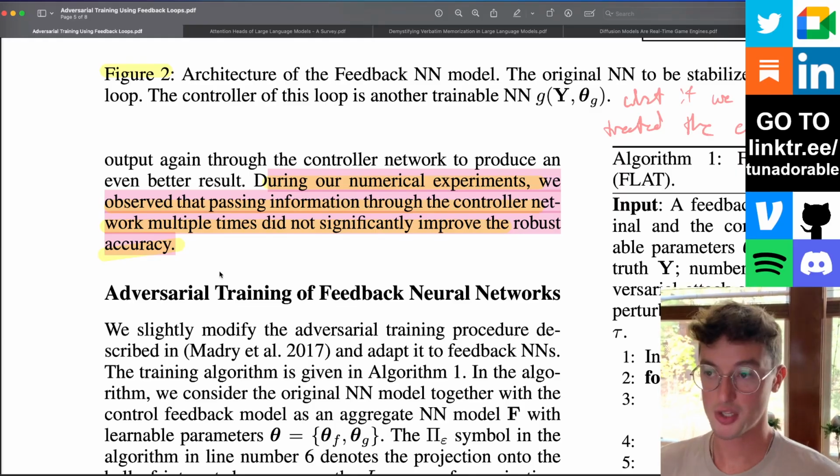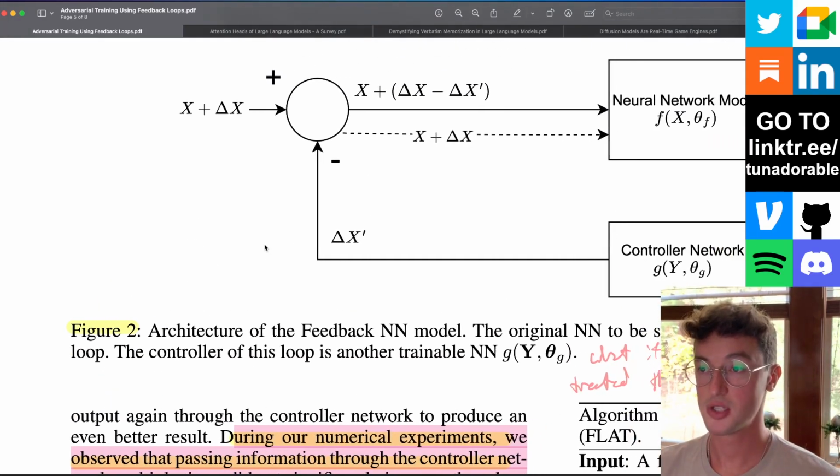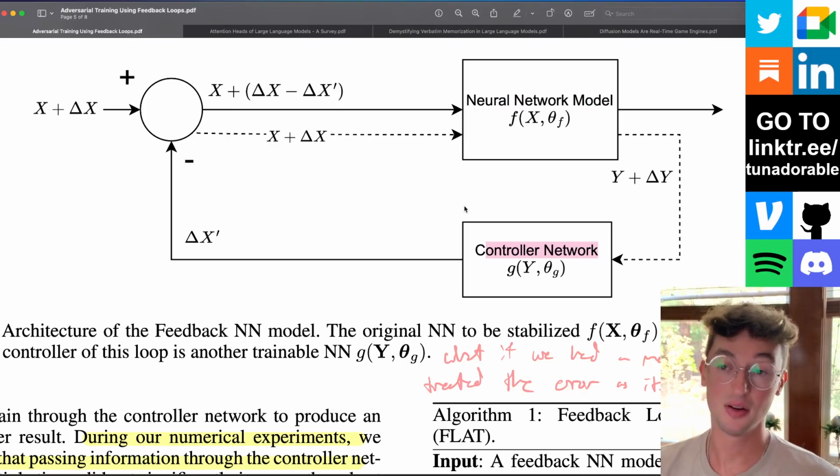Now, that may change for more complex networks or different data distributions, whatever it might be. I'm guessing the way that you would think of it changing is if the controller network is much smaller than the actual primary network, there would probably be increased odds that you would want to pipe it through multiple times. Whereas if the controller network, which I believe happened here, is the same-ish size as the regular main model, then it's probably big enough to do the actual fix all in one go. It might be the case that it's never useful to do that, though.